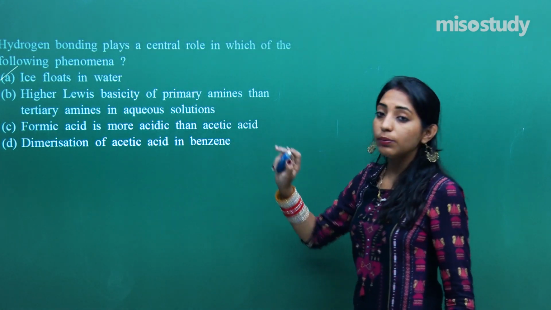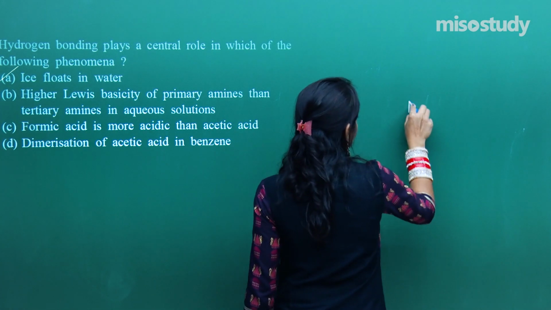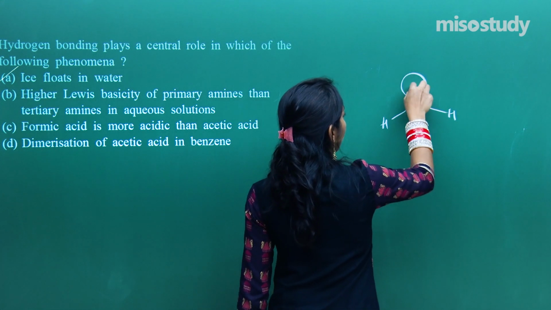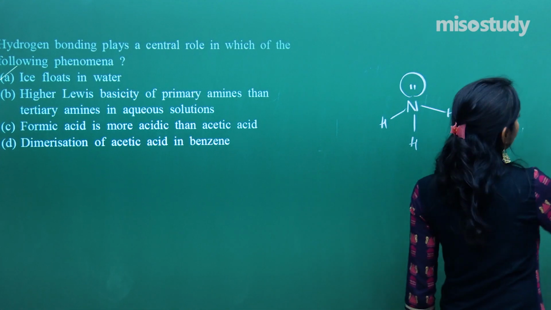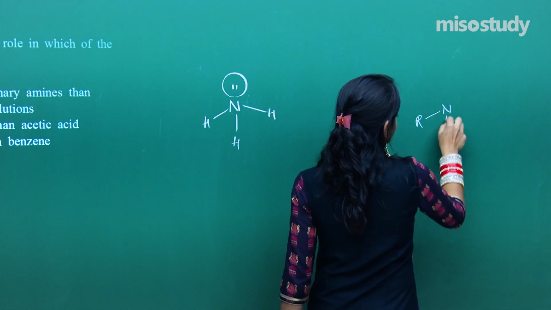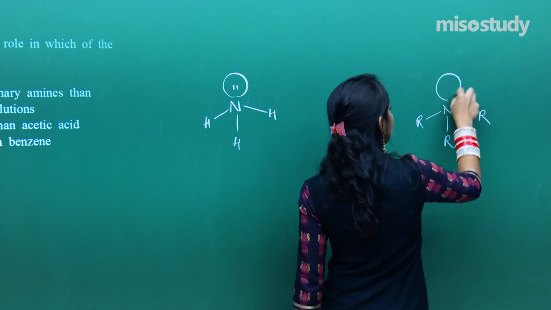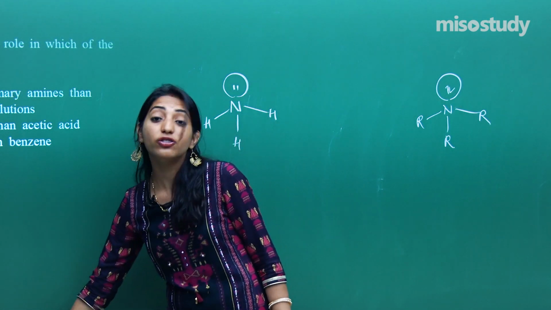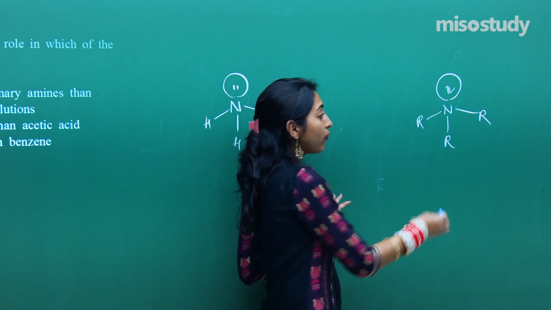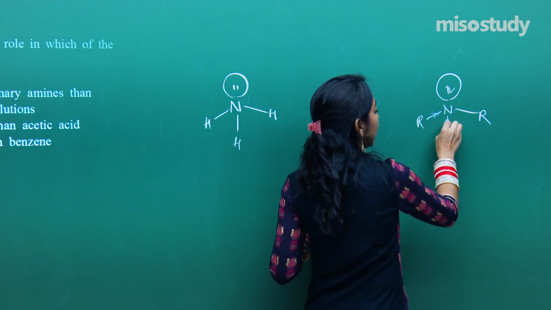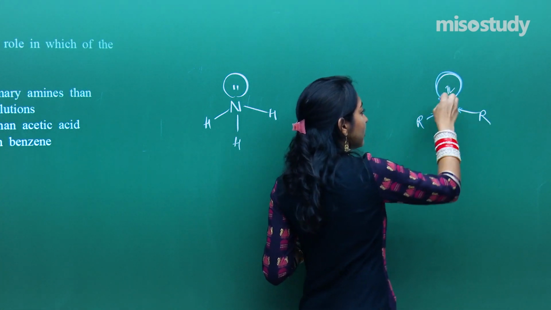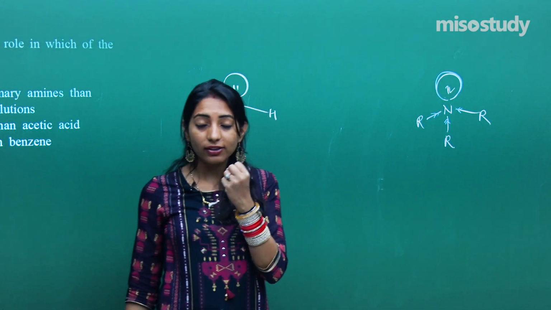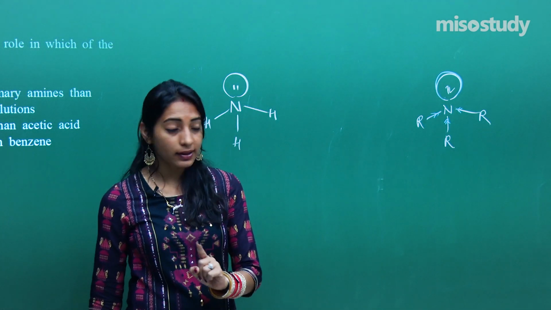Let's talk about primary amines. So a primary amine is something like this, and 1 lone pair will be there. And then we have tertiary amines like this, nitrogen attached to 3 R groups. So if I were talking about the gaseous form, then I'd say that because of the inductive effect, lots of electron density should be there on nitrogen. Since lots of electron density is there on nitrogen, it should be a highly Lewis base, right? It should be a stronger Lewis base, correct?